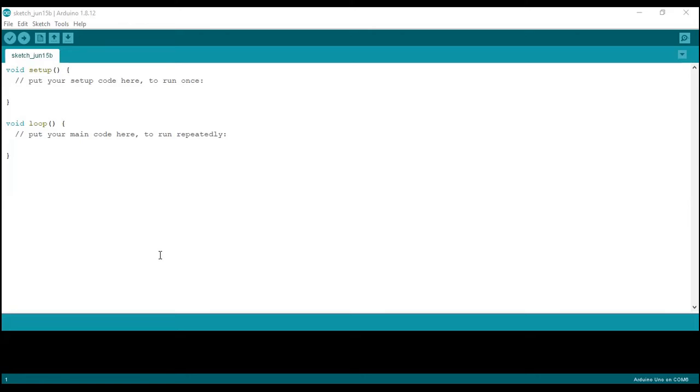Configure the pins of the Arduino as output. So, in the Arduino IDE, type pinMode, open bracket, 8, OUTPUT, bracket close, semicolon.